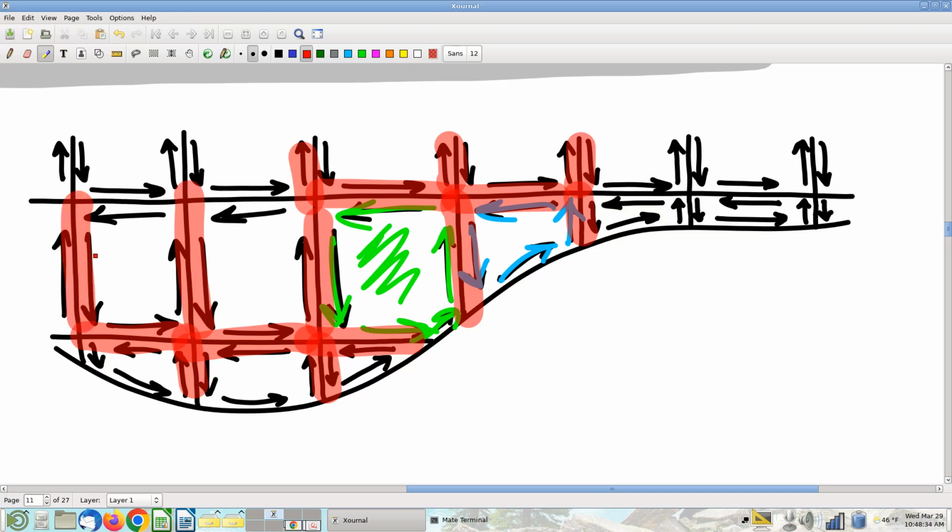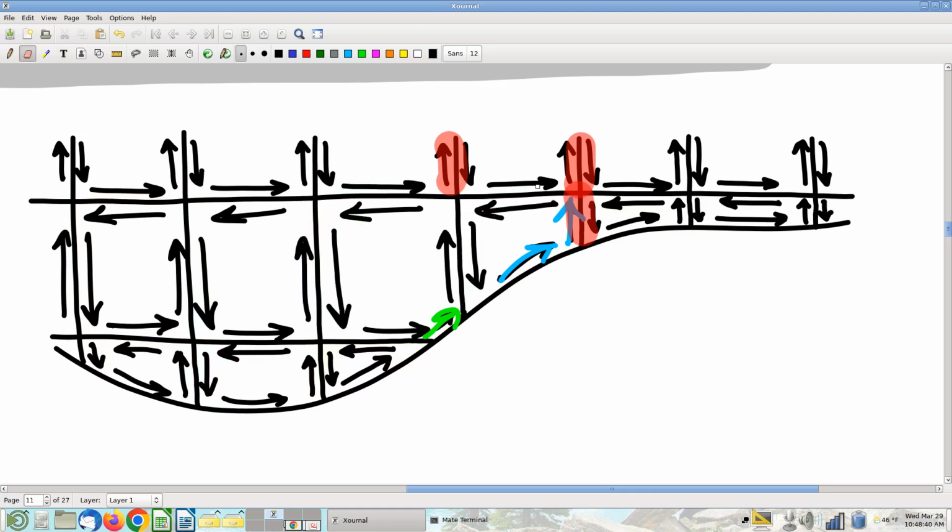Everything in the interior, it all cancels. The only things that don't cancel are these pieces that were on the edge, if you will, that have nothing on the other side of them to cancel with. And so you end up with just,